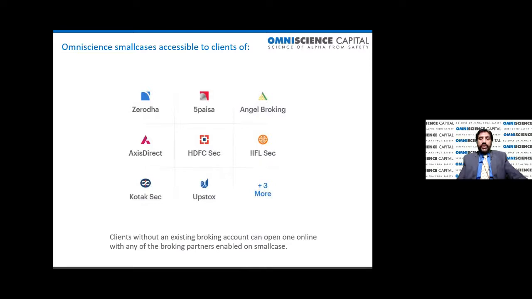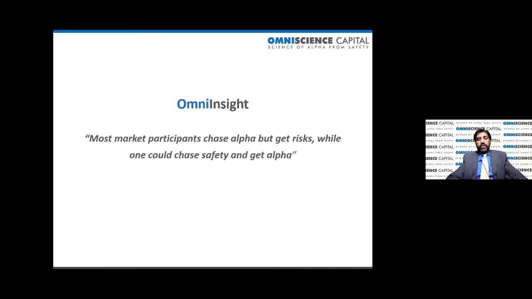On the Smallcase platform, once you invest, you will see your NAVs, you will see how that full portfolio is behaving, without getting inside the individual stocks. If you want to, of course, that information is also available. And if someone doesn't have an account already, with zero paperwork, they can open one at least on Zerodha and 5paisa and maybe some other platforms as well. So it's a very easy platform to get started, no-hassle services.